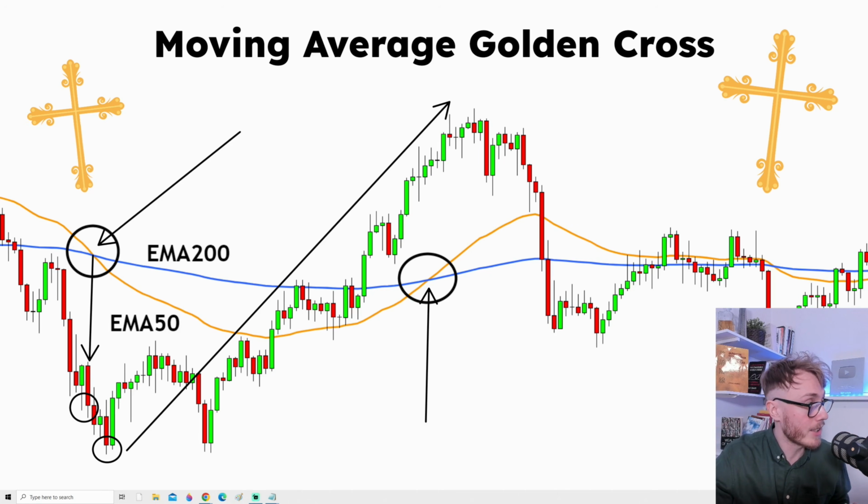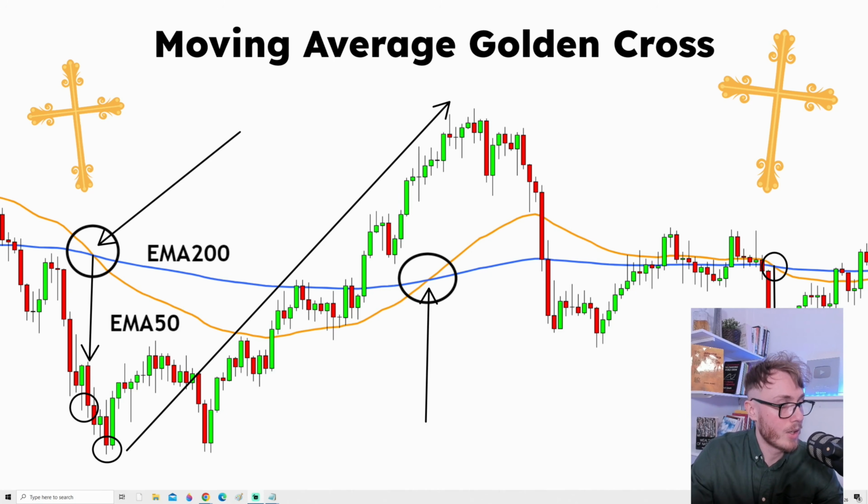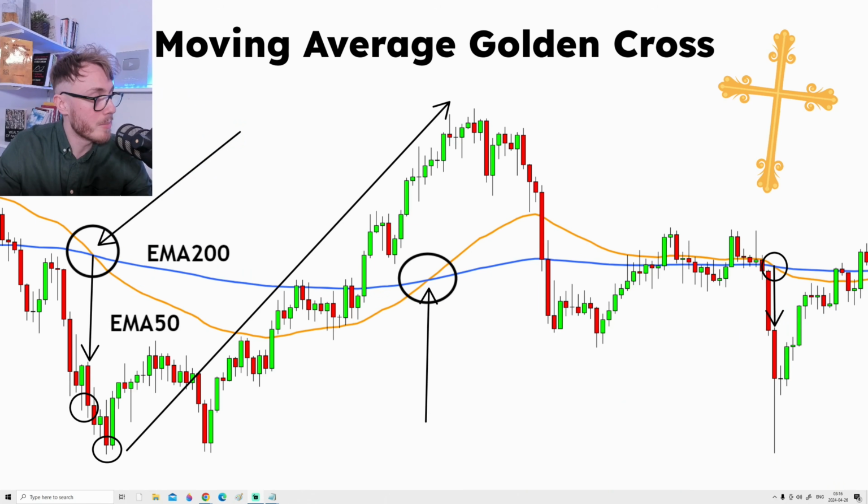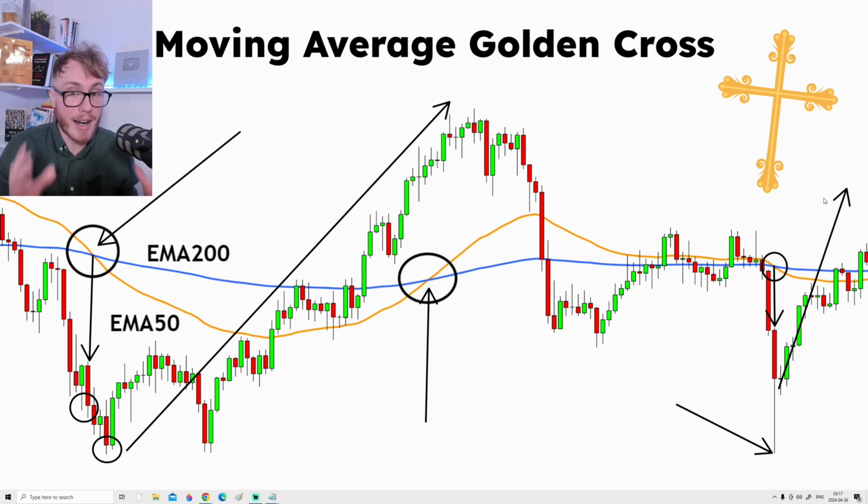We can actually take a look at the chart once again. Here we have another cross, right? Oh, I'm sorry, I have to move a bit here so you can see. But once again, once the cross was confirmed, it was already too late, and the price actually moved up after